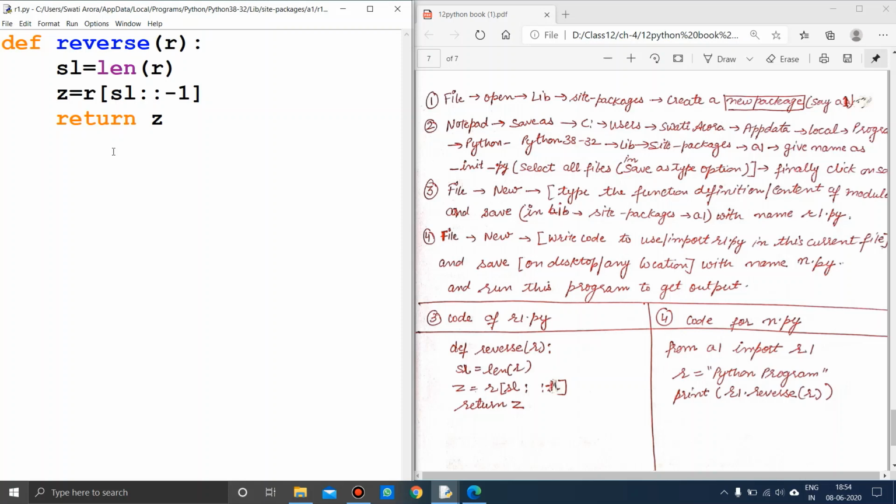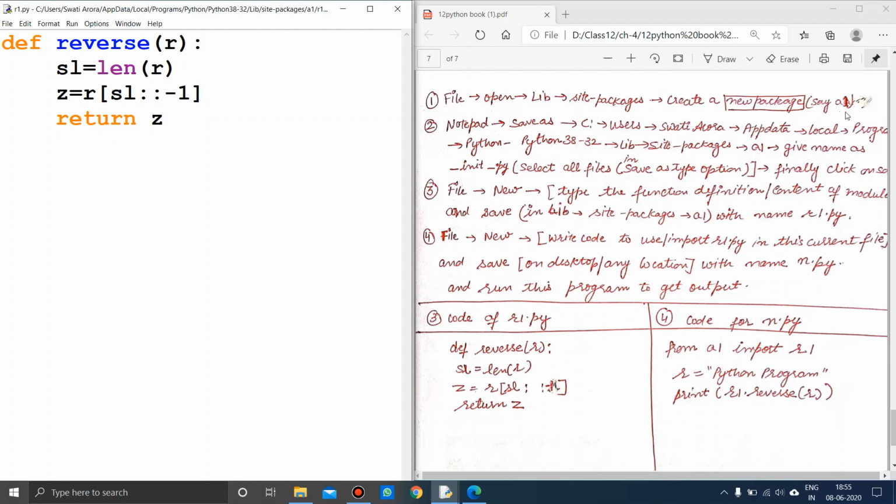To make this A1 folder act as a package, we created an init file inside it that helps it behave like a Python package. Now we will put those functions that we will be using. Like from math we use the power function, sine function, tan function, floor function, many functions, which are defined in the math module. Now we have created our own module, named A1.